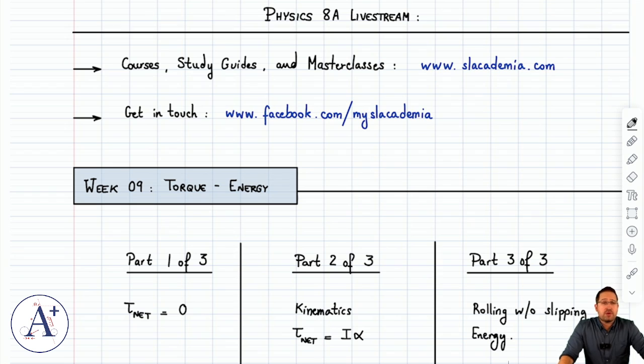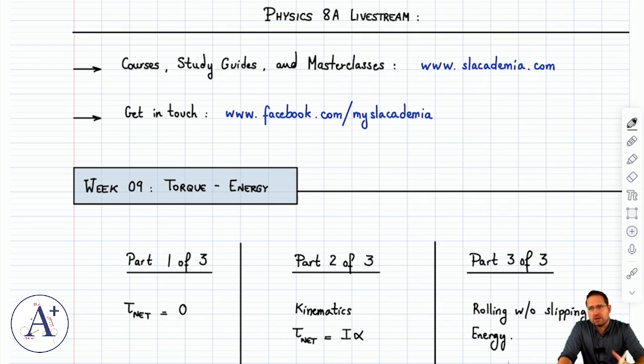Today we are going to wrap up the third part of the torque chapter, which is going to focus mostly on rolling without slipping, but we're also going to talk about kinetic energy and how to apply conservation of energy to rolling without slipping. And that is kind of going to close up the torque chapter. At this point we should have covered everything that's going to be on the exam, and we're just going to see that